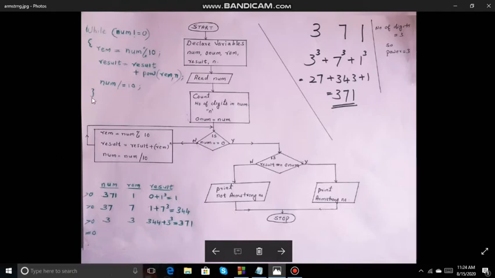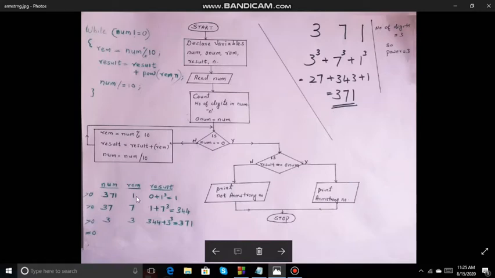So in the program, this is the loop. This is the while loop where the actual calculation takes place. We are entering the number from the screen. The number processing is done. First the number comes here in the while loop with 371. Then it calculates the remainder. Remainder is equal to 371 mod 10. That means it will be 1. 371 mod 10, the remainder will be 1.